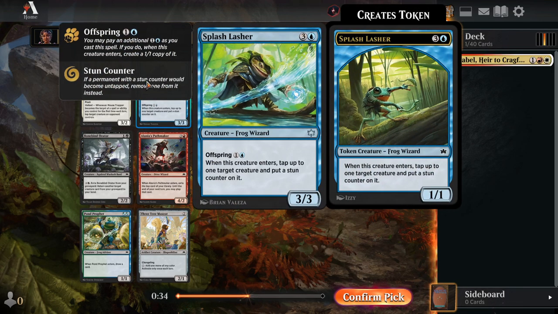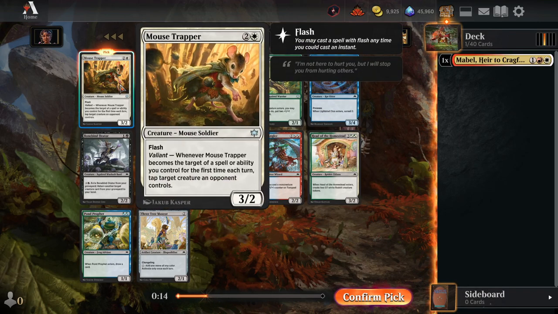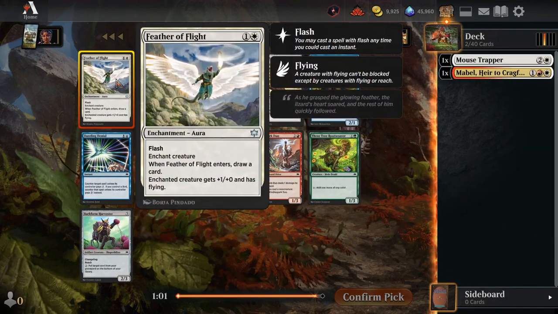The blue in here's also got some power, the Splash Lash and Splash Portal. Splash Lash is nice. Yeah, these are a little... That's fine, let's get the tiny bolas. Okay,